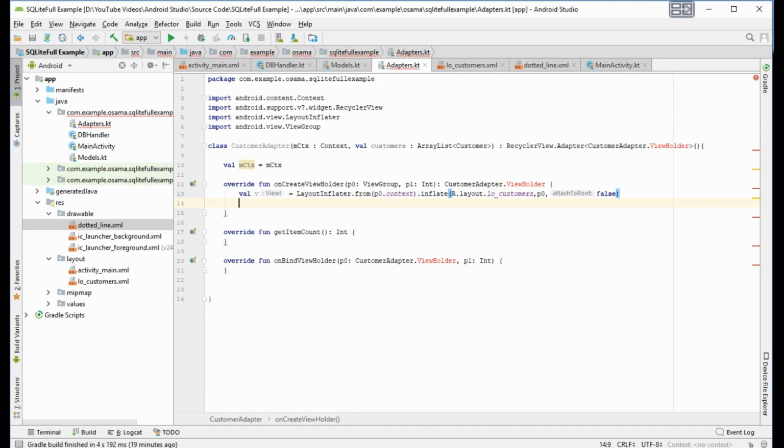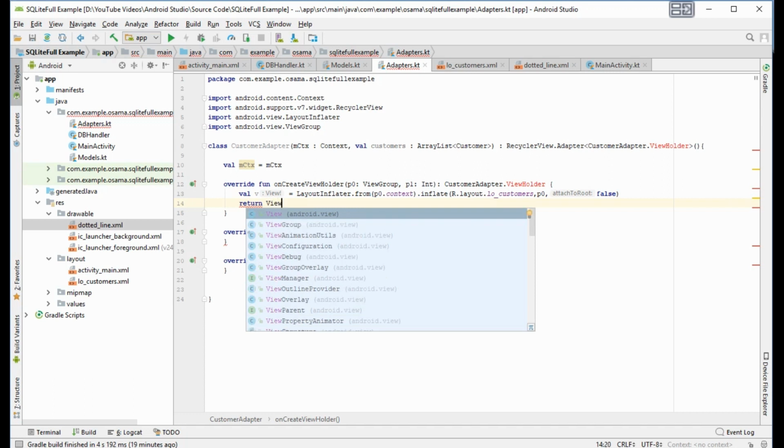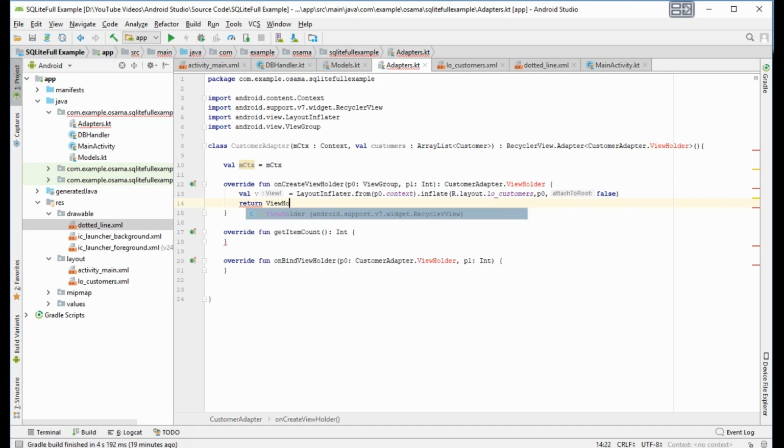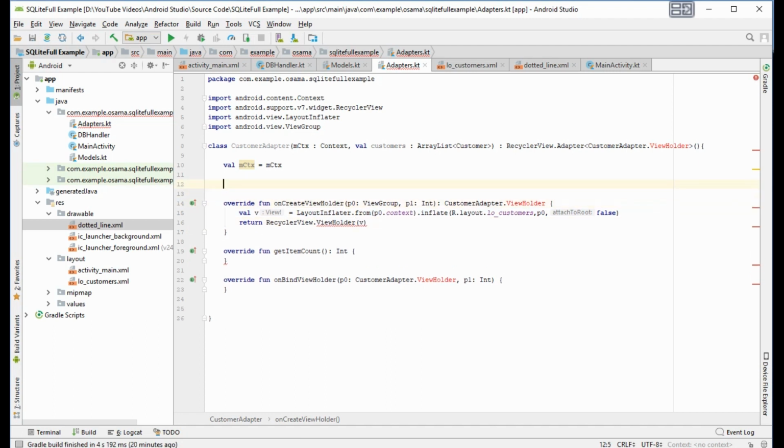Then we will return the view holder class view holder.